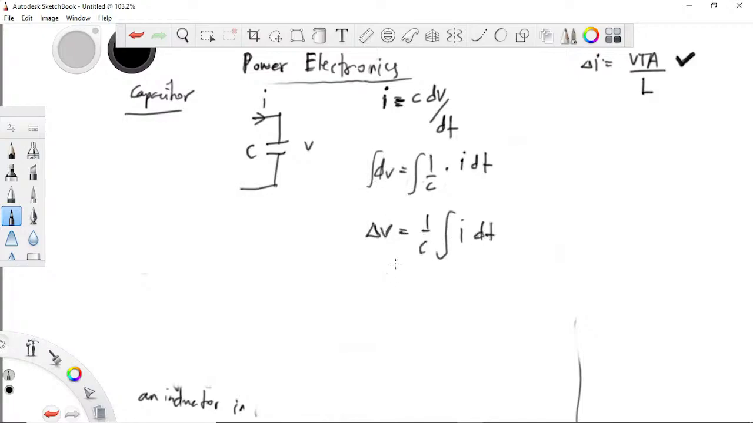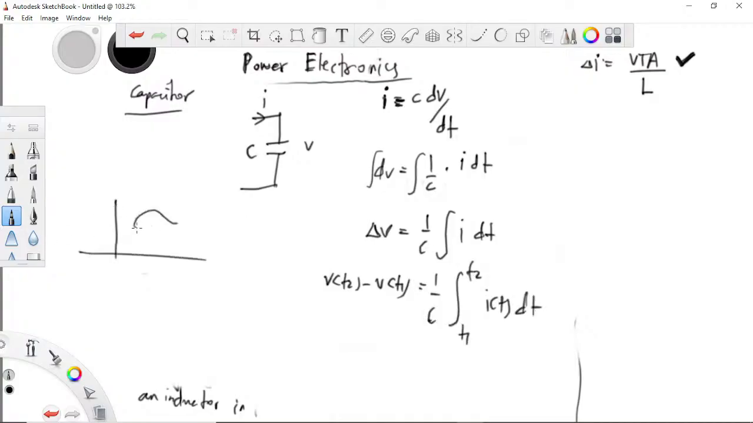And this means that the voltage at time T2 minus the voltage at time T1 is a change, so it's the same as the integral from time T1 to T2 of a certain function of time, dt. Let's say I have a current function of time like this. If I find the area under this curve between these two points T1 and T2, area meaning the integral, and divide by the capacitance of the capacitor, it will give me the voltage